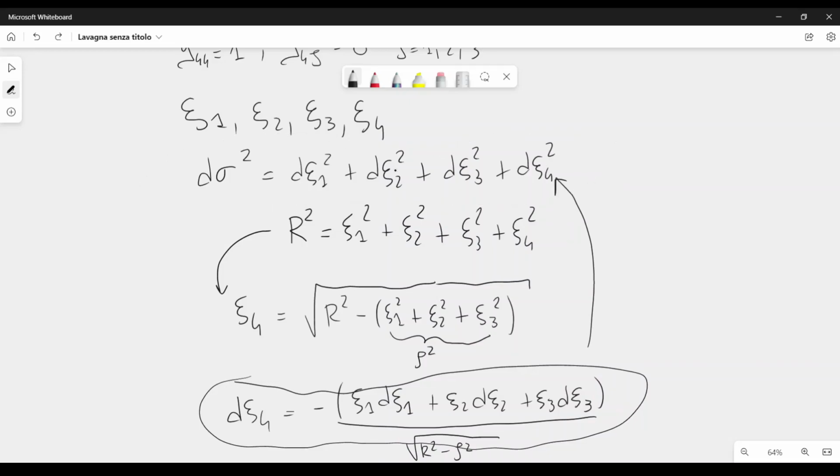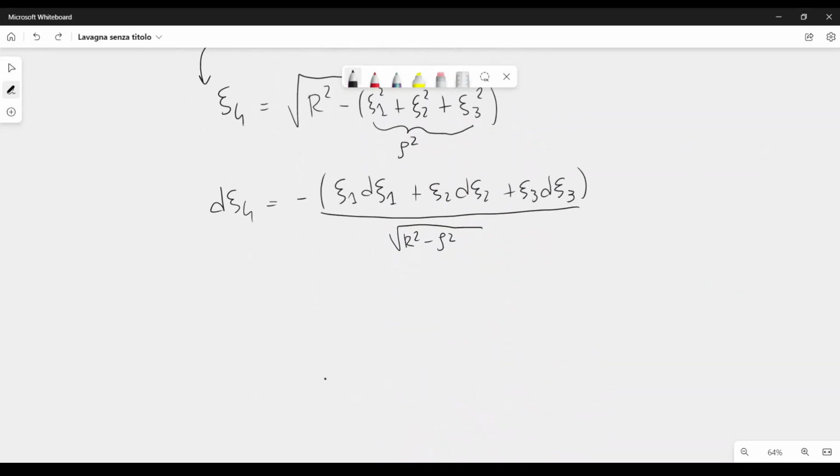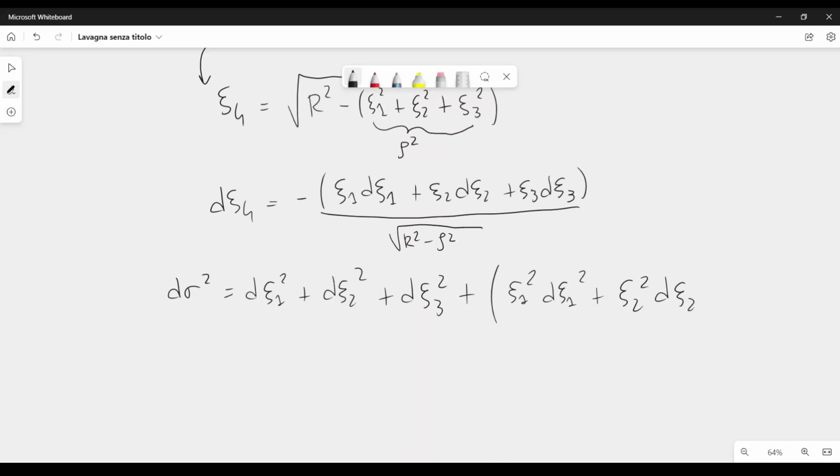So since we have squares, plus or minus signs are not important. So in here, if we make this substitution, we get dσ² equal to dξ1² plus dξ2² plus dξ3². Then we get plus, we can rewrite dξ4² from here, and you simply get ξ1² dξ1² plus ξ2² dξ2² plus ξ3² dξ3² plus